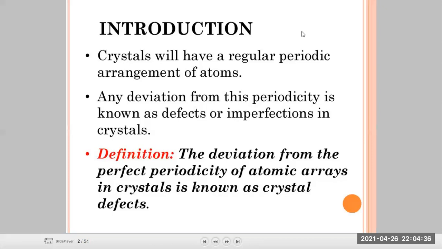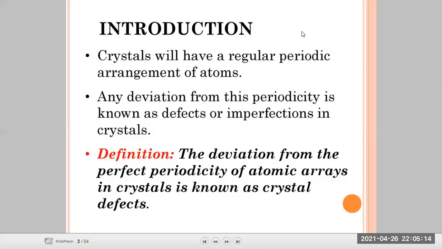Then we moved further to different X-ray diffraction methods, and among those we studied one method, that is the powder method, which gave us the information regarding the polycrystalline material, right? And we have seen the applications of this powder method. Why do we need to study these X-ray diffraction methods? We saw the different advantages and also a few disadvantages, and then we proceeded and did some numericals regarding Miller indices and the interplanar spacing.